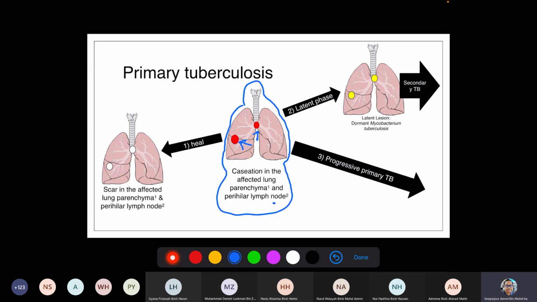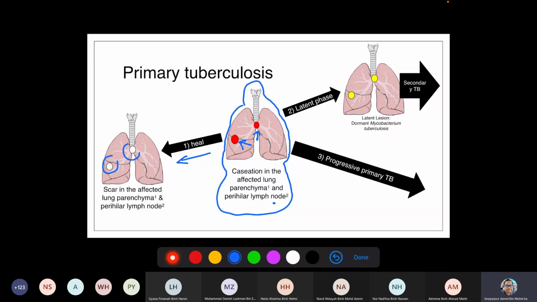So in some patients who had been infected by primary tuberculosis, they can heal, 100% heal. Nothing will be seen in this patient or person. No more mycobacterium lives inside him or her. So this healing process will cause a formation of scar at the affected area, like in the primary part. But in other unfortunate